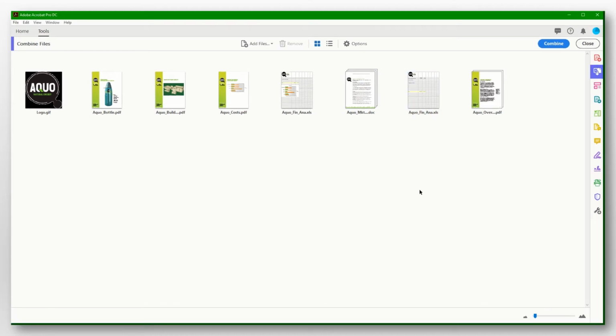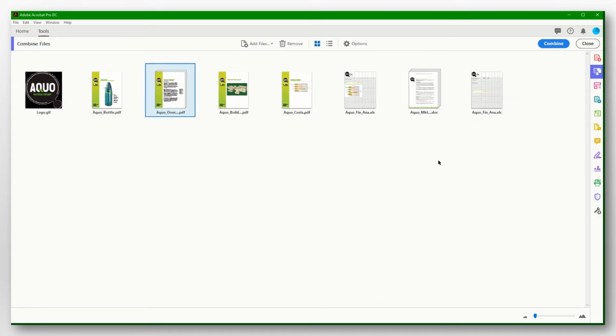So then the last thing we want to do is take this Aqua Overview PDF, and we're going to drag it so it appears just before page 2 where that Aqua bottle is. At this point it should be ordered correctly, and we'll check. It should be in the order of the logo, the aquabottle.pdf, the overview.pdf, the building.pdf, the costs,